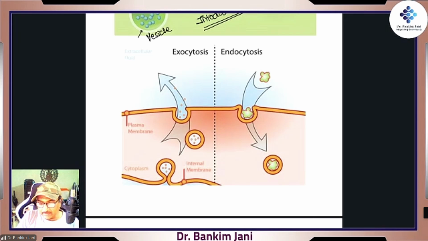Now, let's say some bacteria or some pathogen comes. So yes, the cell membrane would shrink and take this substance inside, and then all the processes will start and it will lead to phagocytosis. So this is called endocytosis, and this is called exocytosis. Exocytosis is a process by which cellular substances go out. Endocytosis is when things from outside are taken inside.